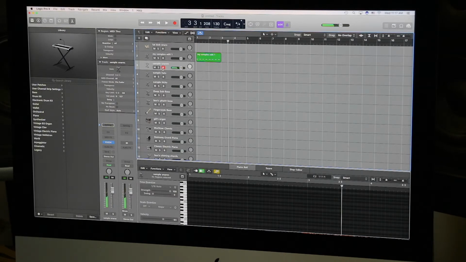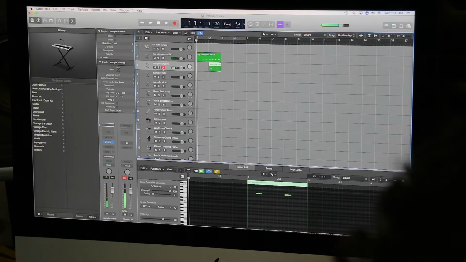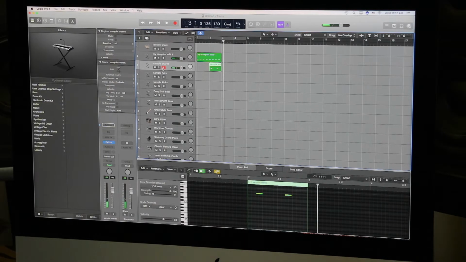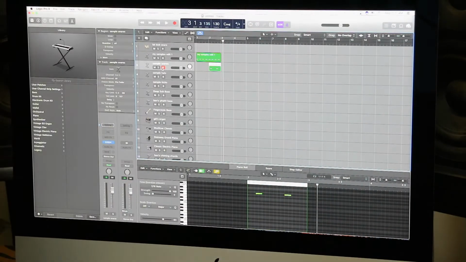That could be cool, like a cool clap. See what happens. Like a syncopated thing? Maybe. Let's try that out.